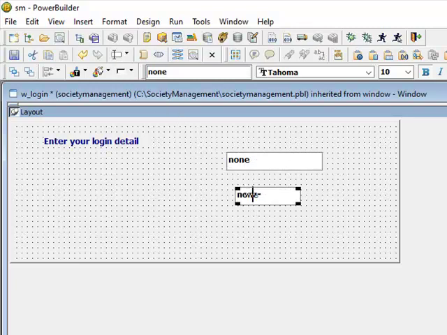One more edit control. This is my user ID. Okay, this is my user ID, or you can say login, and this is my password.